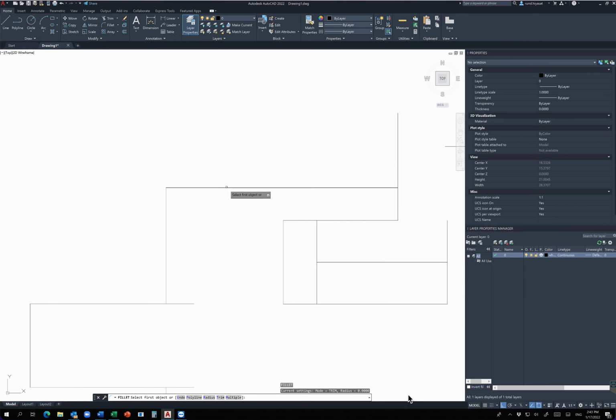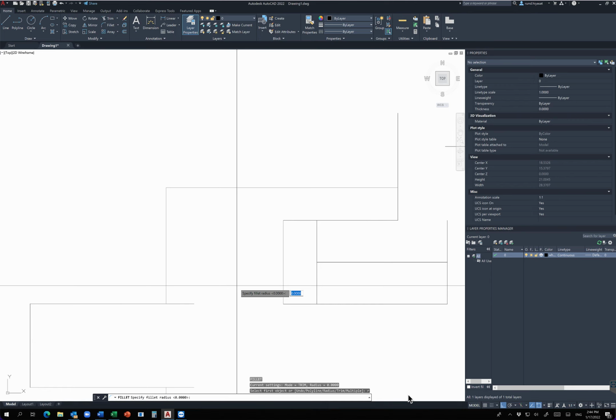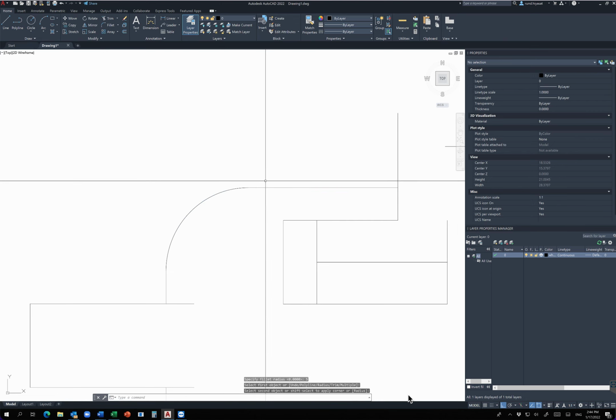And then before I start selecting my objects, I need to choose to change the radius. So R, and you can notice how here the blue letter is the letter that if you type will get you into that option. So R is for radius, to be able to change the radius. I'm going to hit enter. Once I hit enter, it's asking me to specify the fillet radius. So now I can specify the radius of the curve at which these two lines are going to be meeting. So I'm going to type 5 right over here, and I'm going to start selecting my objects after I hit the enter button. I want to fillet this line with that one,